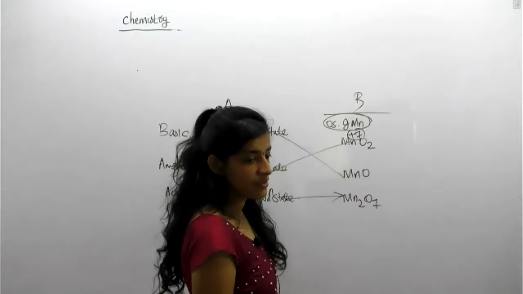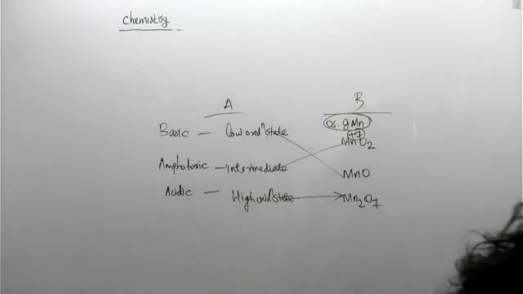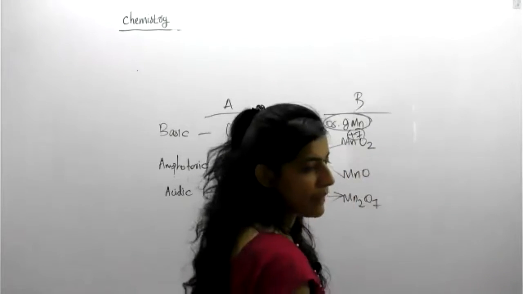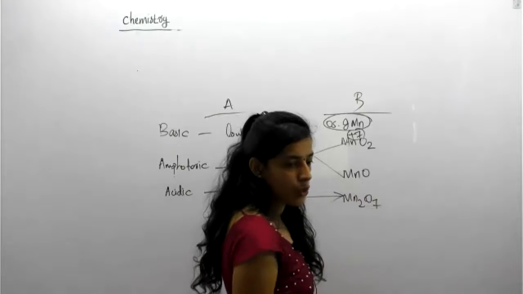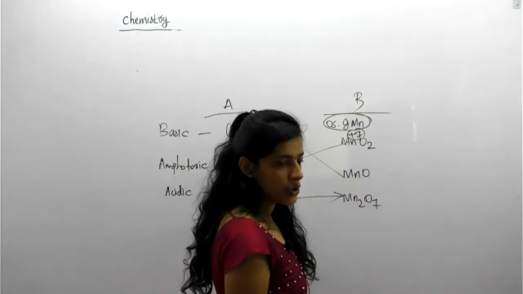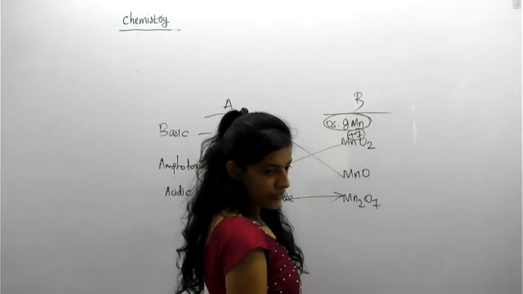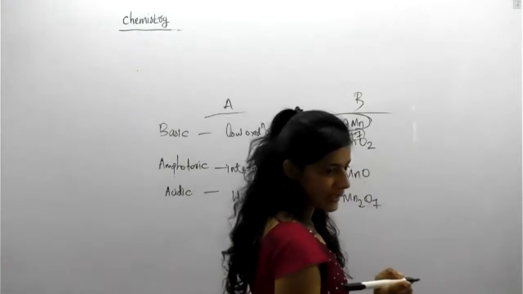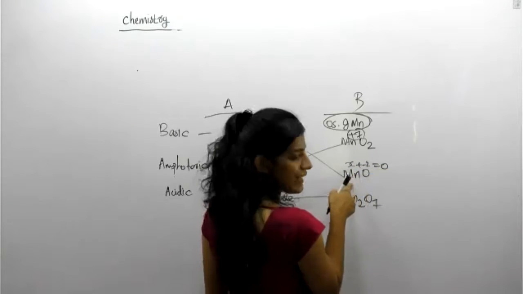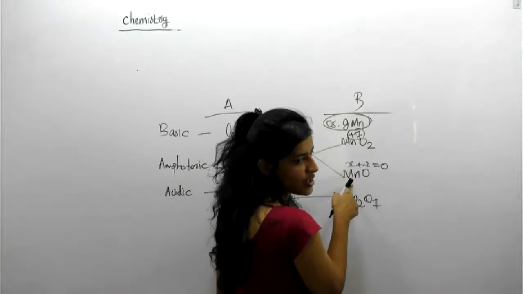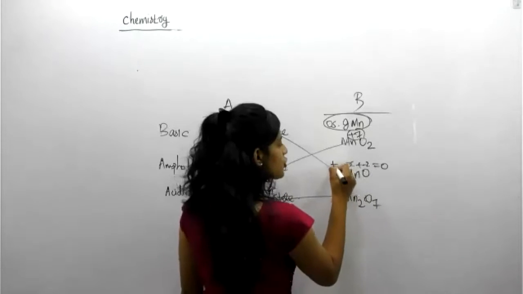Tell me, students, quickly. Again confusion, manganese is a metal. So is it possible for manganese to be -2? Check it once again, quickly. Oxygen is -2. Check once again: x plus -2 is equal to 0. So manganese is +2 oxidation state, not minus. Minus is wrong. So +2 here.